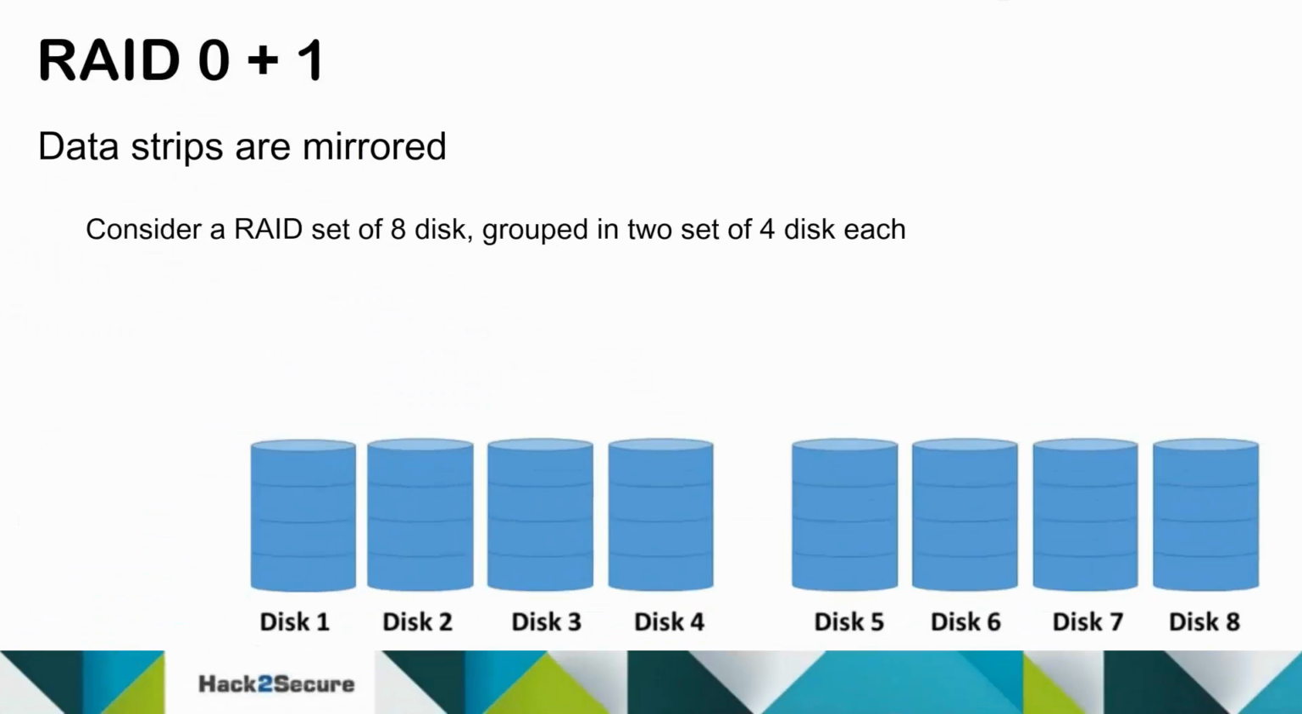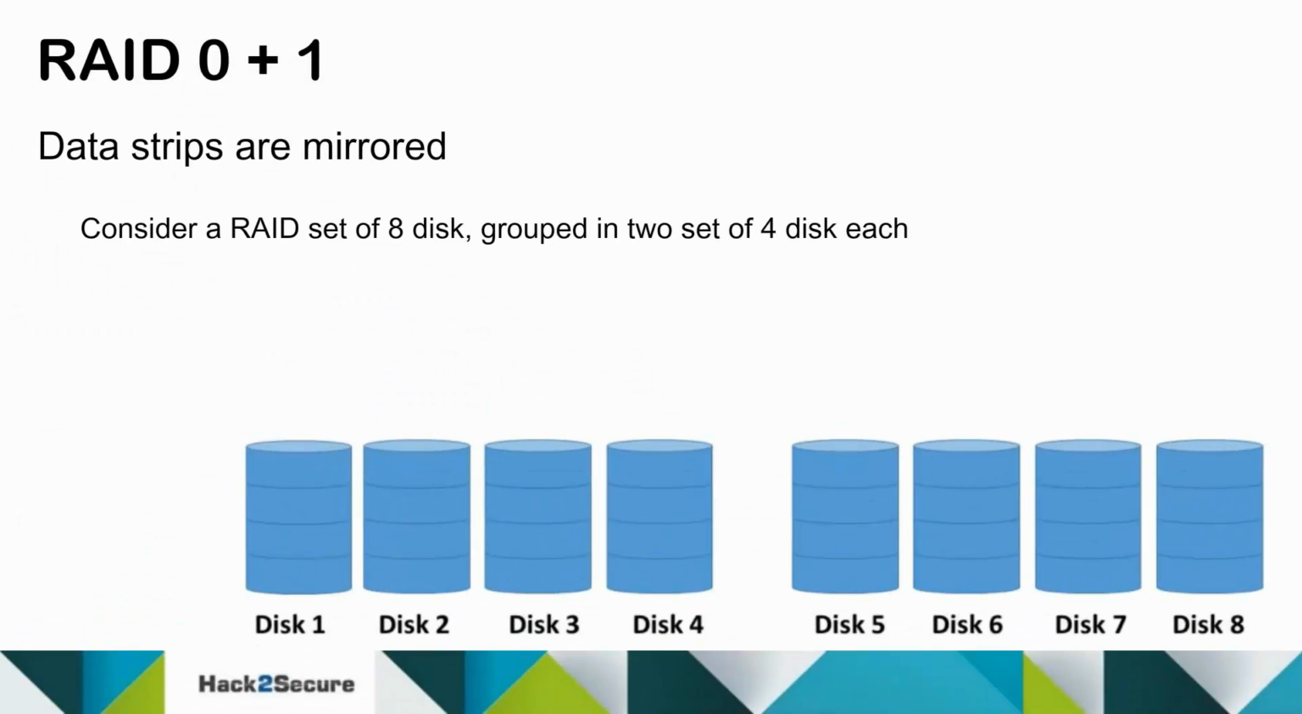Another type of nested RAID configuration is RAID 0.1 or RAID 0 plus 1. It is implemented as the reverse process of RAID 1.0. Here, a mirrored stripe solution is provided, which means data is striped first and then the entire stripe is mirrored. To understand it better,